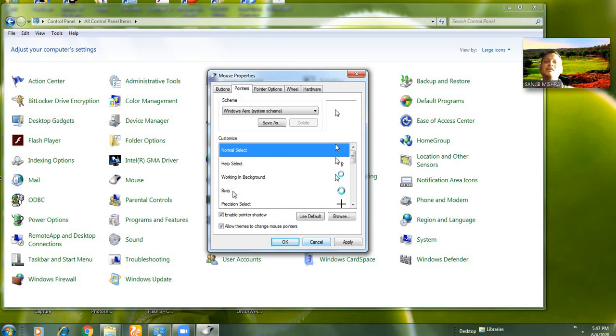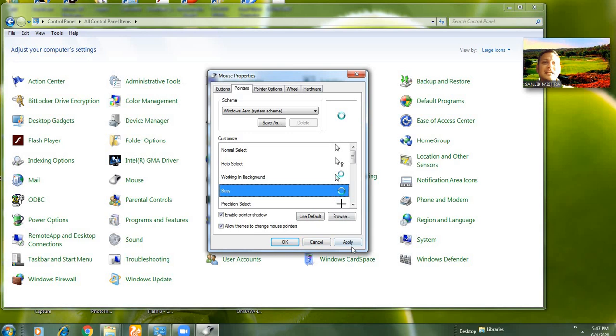When you are giving a double click to some icon, some busy sign will show like this symbol during the busy period. Then choose the busy sign and apply it. So when you double click and it is engaged to open some program, then this type of circle will appear. That is called the busy symbol. Again, if you want to keep it default, then you choose the use default key. So again it will come back to the default sign, like the timer.